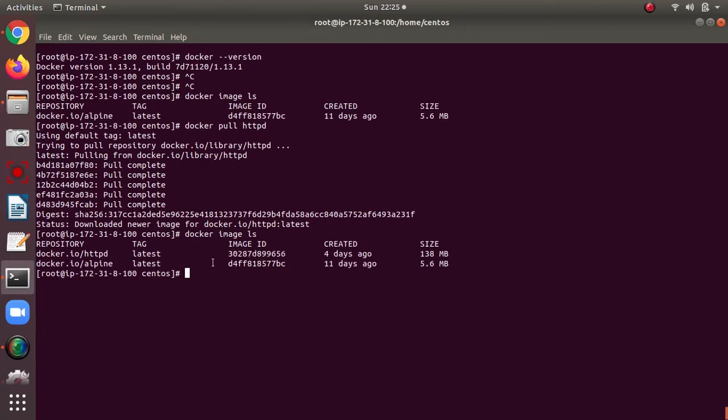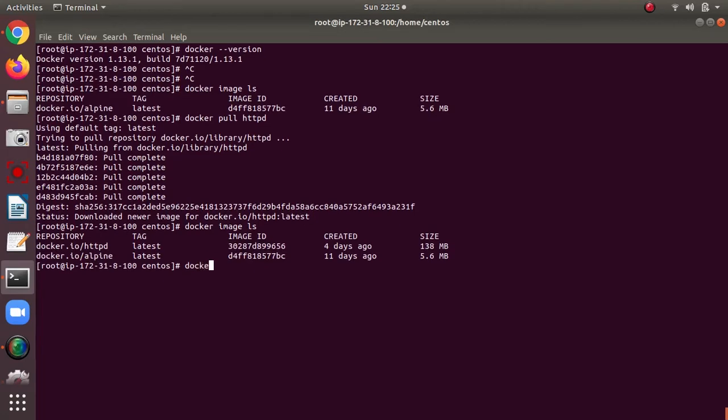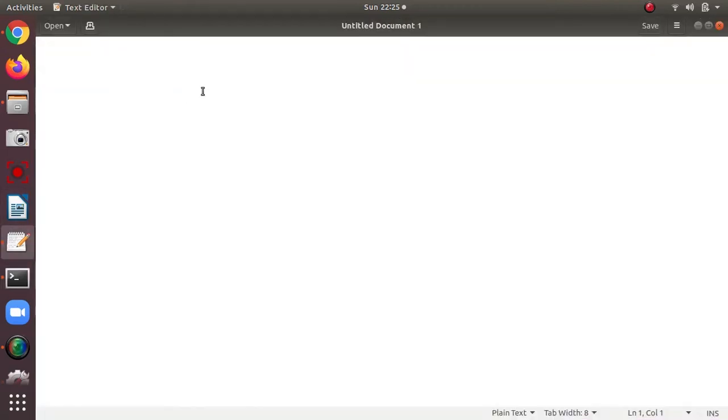So what do we need to do for the creation of a container? Firstly we have to type docker. Before that, I will give you some understanding of how to create a container. A container can be created in two ways.